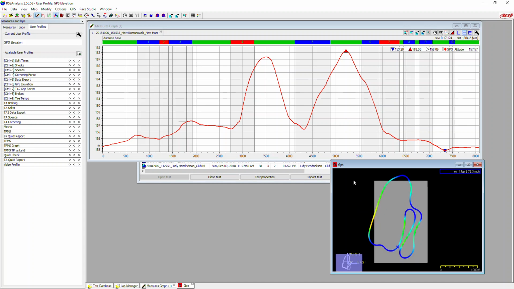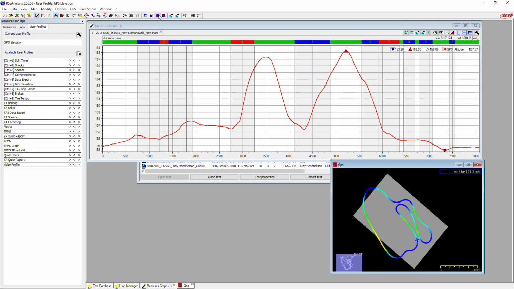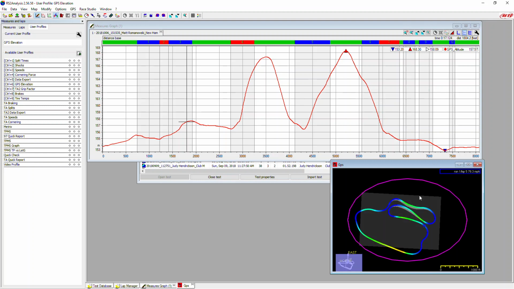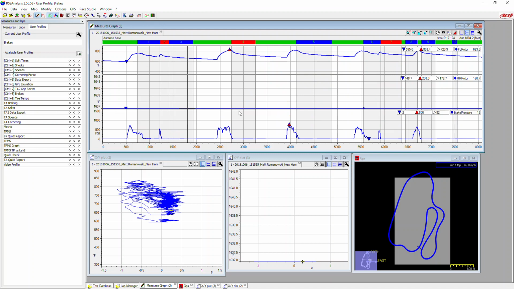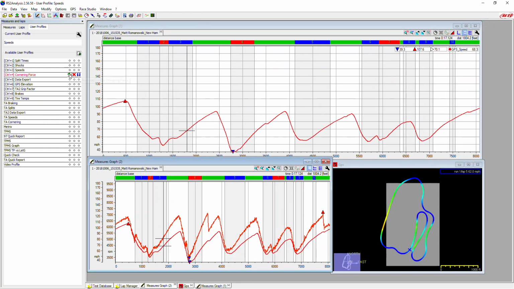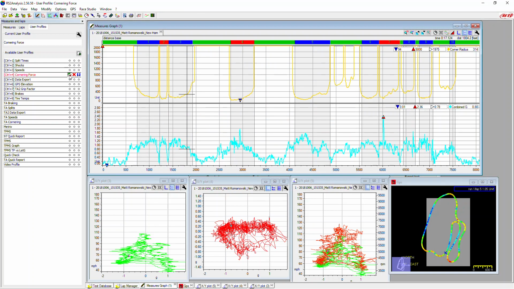Something powerful you can do in it that I'll give you a little preview of here is we can flip the map and get a 3D view of what we're looking at. I use one for my braking performance. And you can see if I want to go back to speeds, I can click speeds. If I want to go back to cornering, I can click cornering. This makes your analysis so much faster. And not just with your